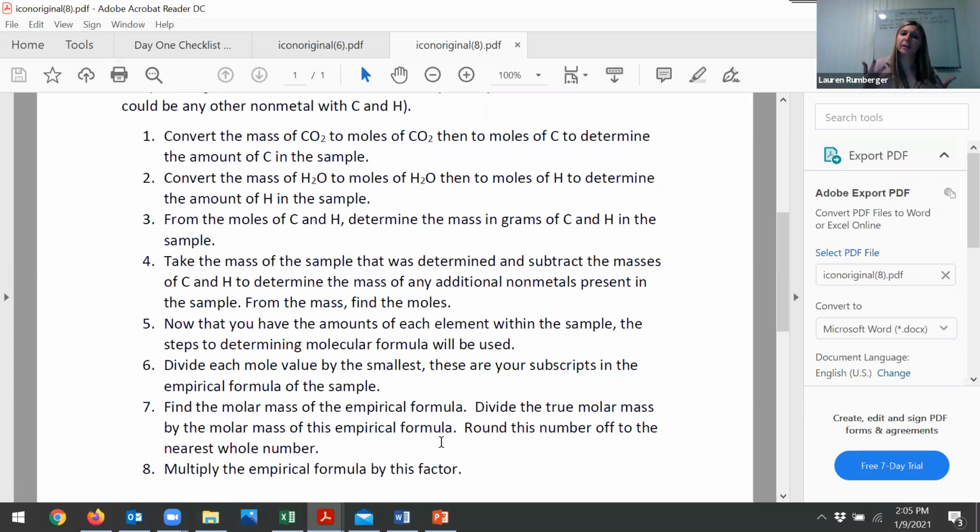But once you see how it is applied and see how these steps are followed, this can be applied to any of the combustion